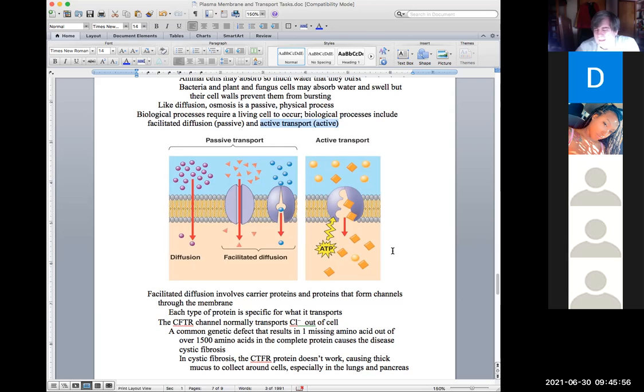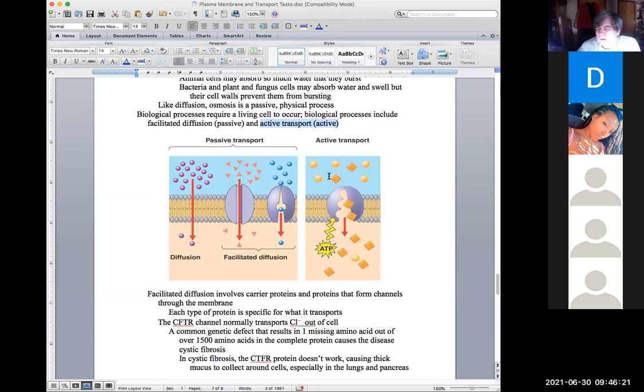And when we move things across the membrane, active transport, since we have a protein helping the movement, has two big advantages compared to diffusion. It's faster because just like facilitated diffusion, we have a protein helping to move things, but the biggest advantage is